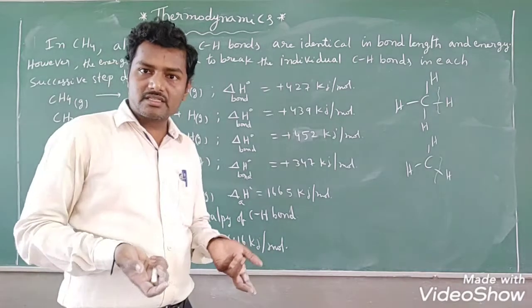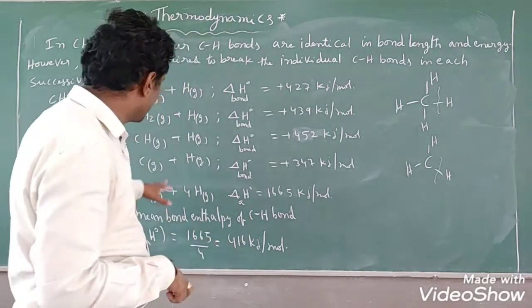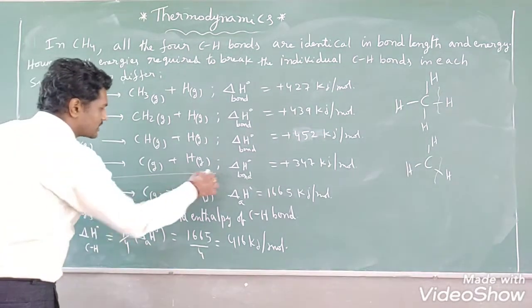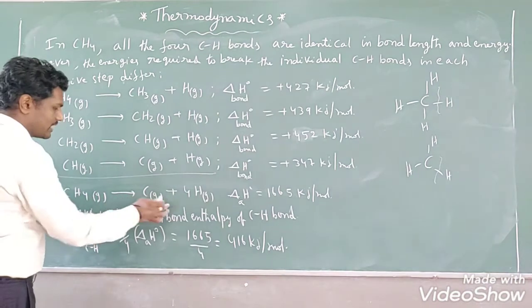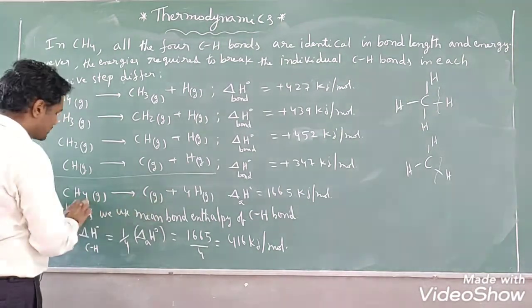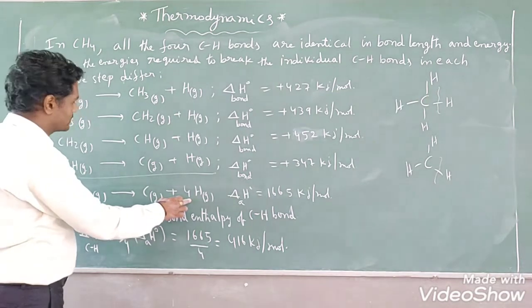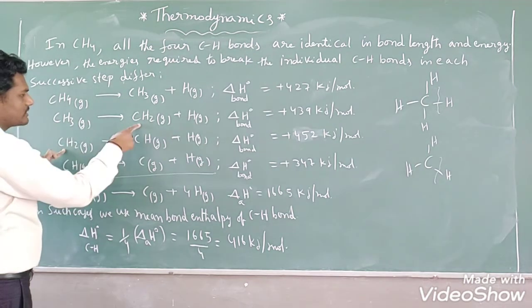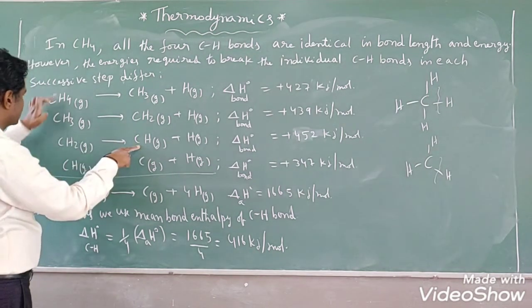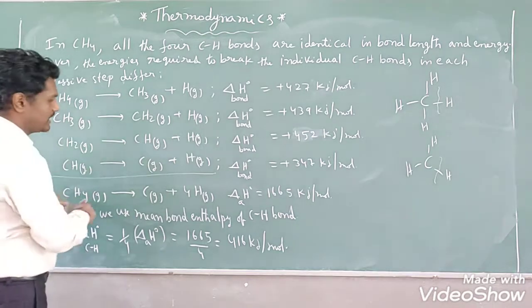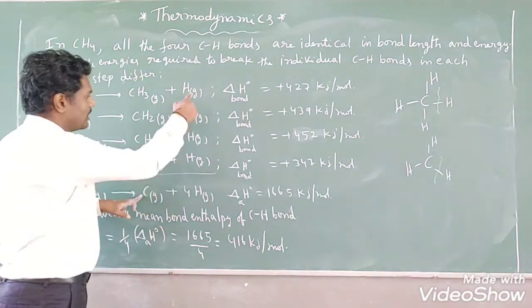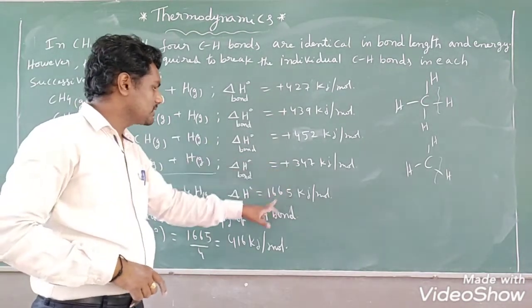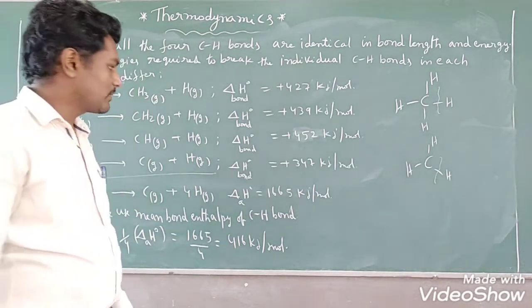Suppose you want to get the enthalpy of atomization. Now we have completed the enthalpy of atomization, right? By adding all these 4 reactions, you will get this equation. This is the enthalpy of atomization reaction because the molecule is completely converted to atoms, right? If you add all these 4, CH3 will get cancelled, CH2 will get cancelled, CH will get cancelled. On the left-hand side only CH4 is left; on the right-hand side, along with carbon, how many hydrogens are left? 4 hydrogens are left. You can sum these values for the enthalpy of atomization; definitely you will get 1665 kilojoule per mole.